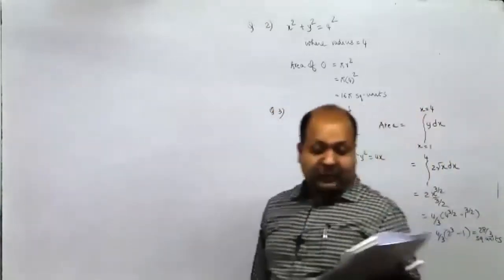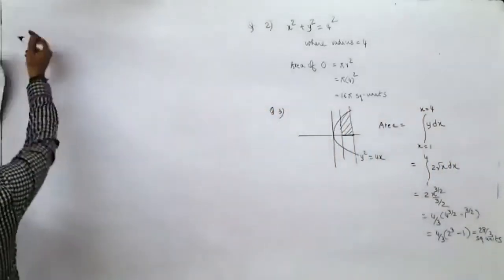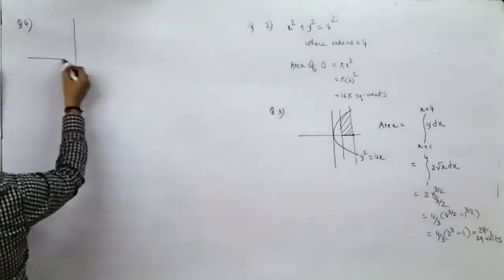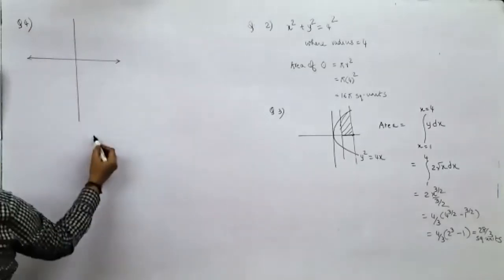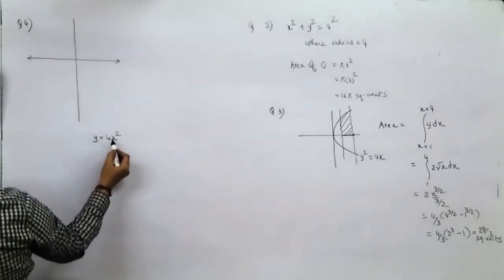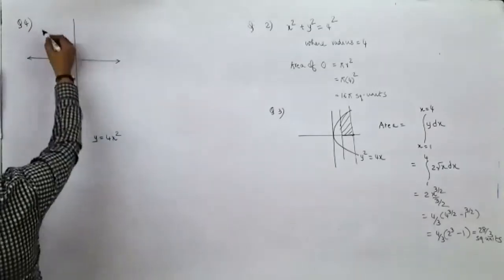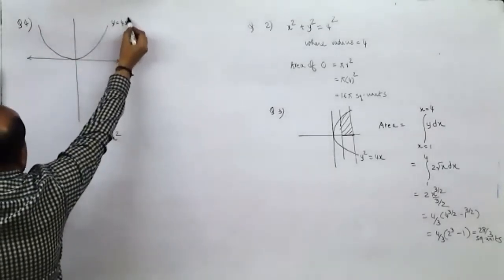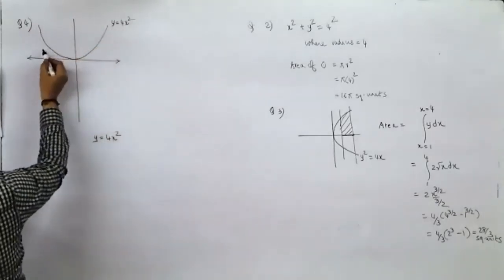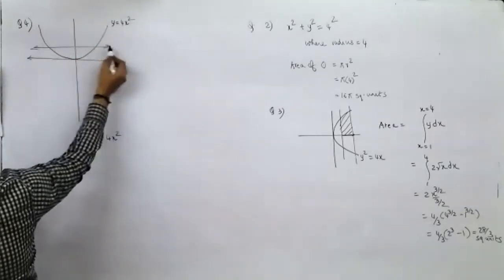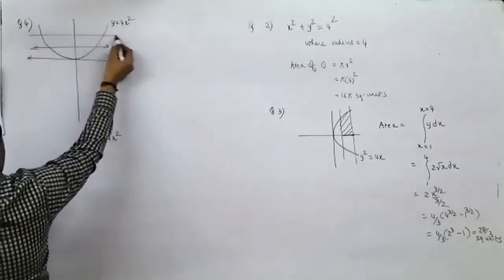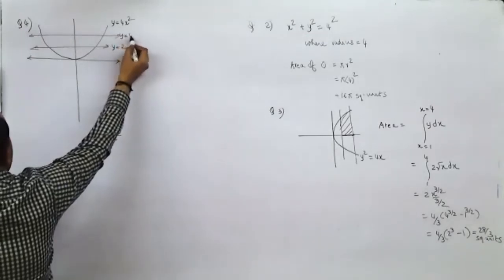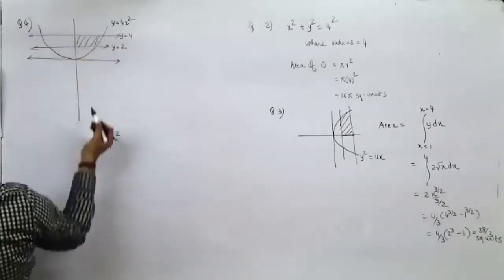I'll stop at the fifth problem. So here, this is the fourth one. Area of region lying in the first quadrant bounded by y equal to 4x square. Now y equal to 4x square means it is symmetrical about the y-axis and it is positive y-axis. Now you need lines of y equal to 2 and y equal to 4, and here it is area in the first quadrant. So this is the area under consideration.